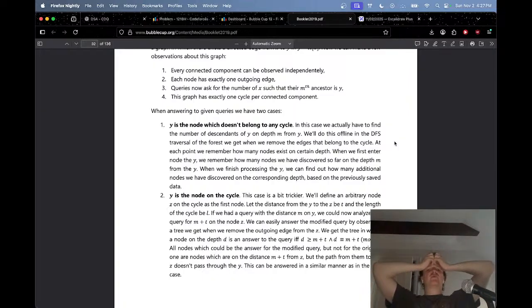At each point, we remember how many nodes exist on certain depth. When we first enter node y, we remember how many nodes we have discovered so far on depth m from y. When we finish processing y, we can find out how many additional nodes we've discovered. So it's saying